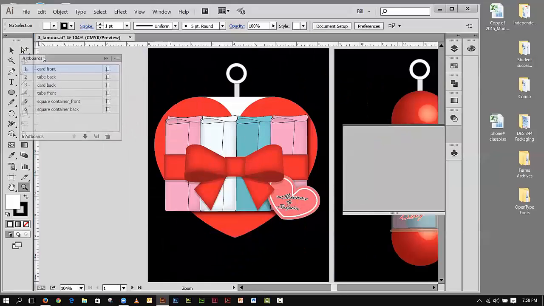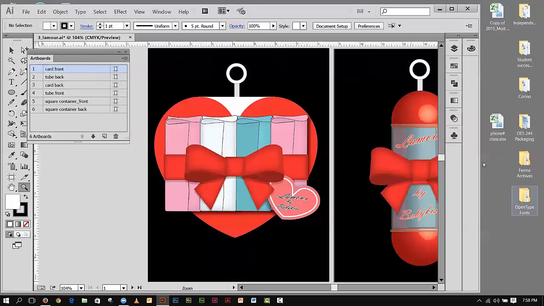And essentially, what I got going on here is two things. Number one, I got a heart-shaped card. You can see in order to make this work, I have to fake it a little bit, and I have to keep that centerpiece connected so it folds over. So I got a heart-shaped card, which is perforated. It's got like holes in it, and then this is the product, which would be little baby wiping towels, and then this bow which ties around it, and then of course this little tiny hang tag which is pinned into the bow by one of those little plastic pins that they use. And then